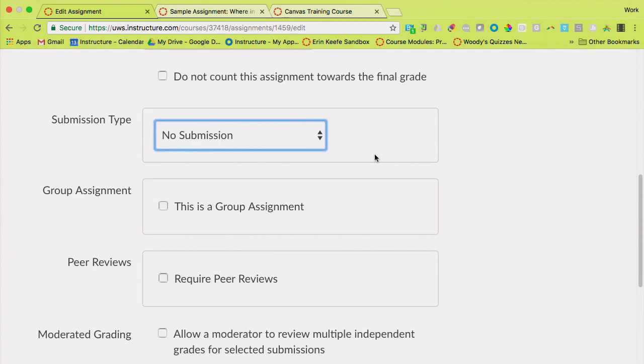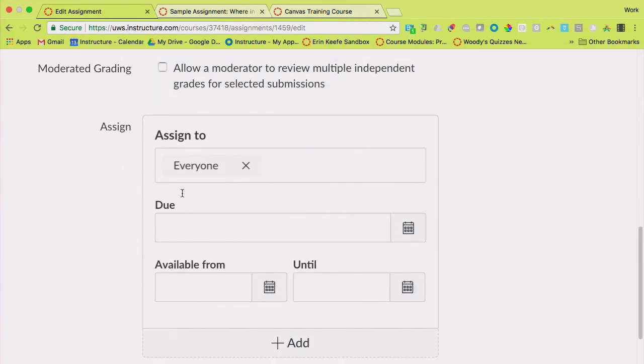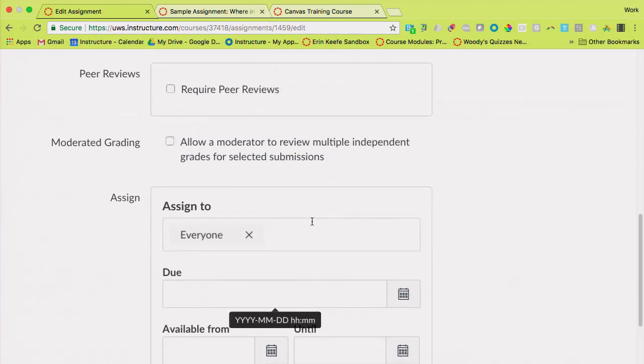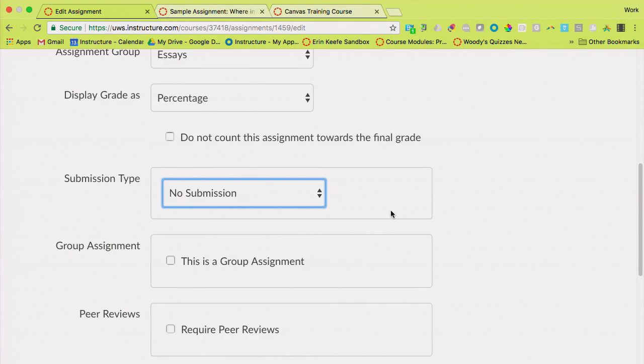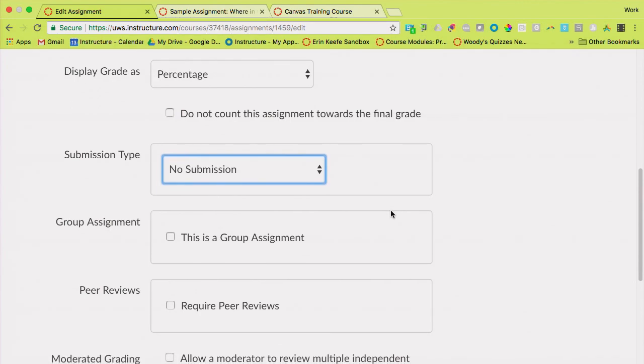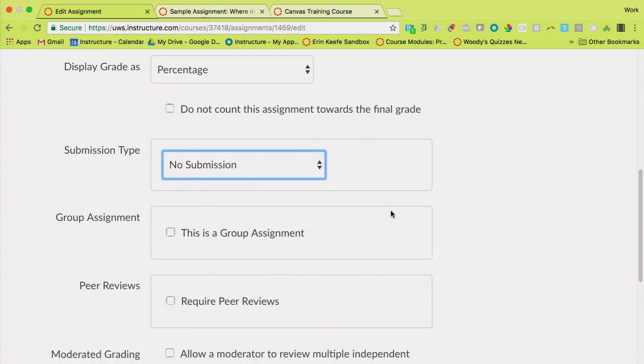How I've seen this used is to put a reading assignment on a student's calendar, or a project assignment day on their calendar, because with this we're going to get that assigned to box down here with a due date. So anything I might want to reinforce, a date I wouldn't want them to miss, I want it to show up on their calendar and their syllabus, I could create a 0-point no submission assignment, so that they would be really alerted to the fact that this is super important.